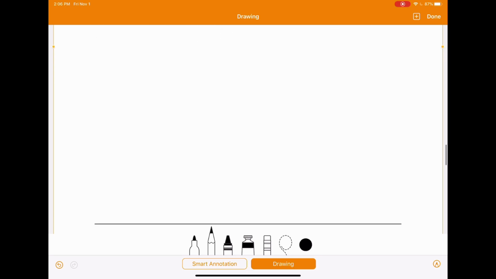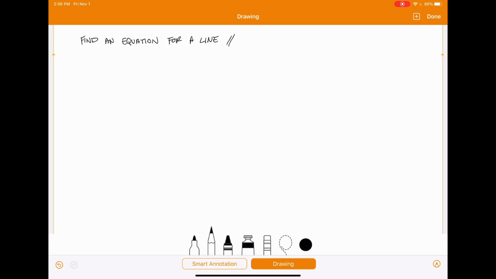All right, so using what we learned above, if we were given something that said find an equation for a line parallel to y equals negative 3x plus 1 and passes through (2, 1). All right, so the slope for parallel lines,